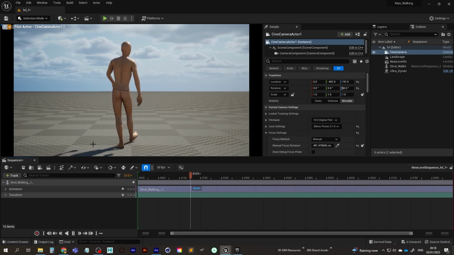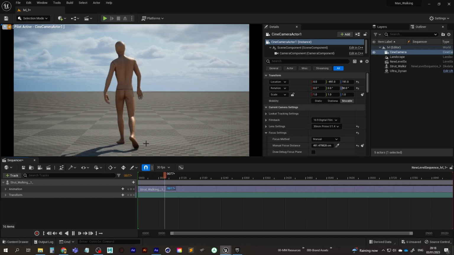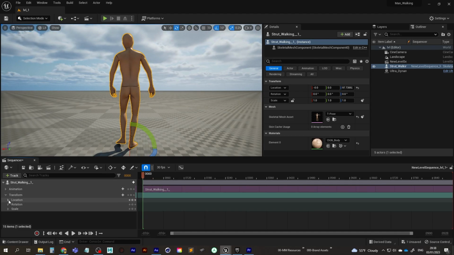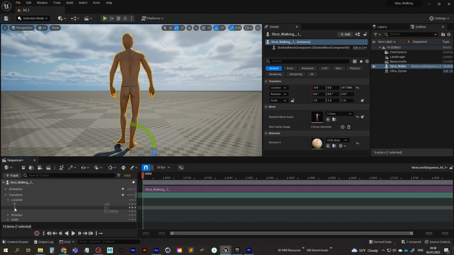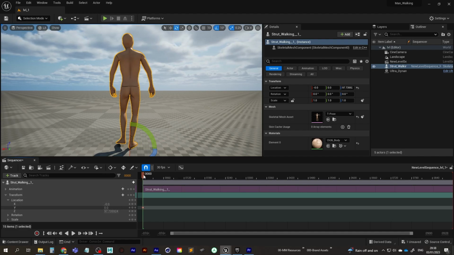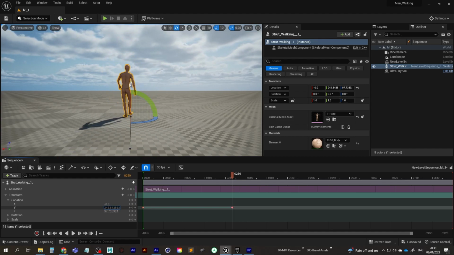Cool. So now we're going to animate our character's position so that he actually is going to be walking. So we're going to go to frame 0 and go to transform, unravel location. We're going to be animating the Y axis. So just add a keyframe on frame 0 of the Y property under location. And then just scrub forward to around frame 259 or 260. And then we can click and drag this to about here maybe.